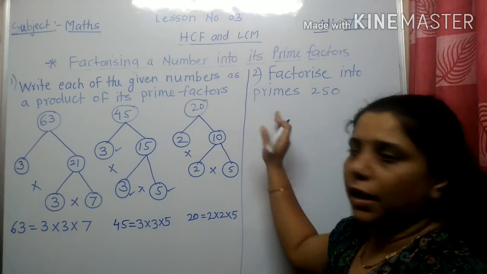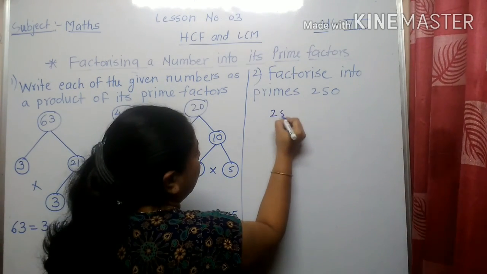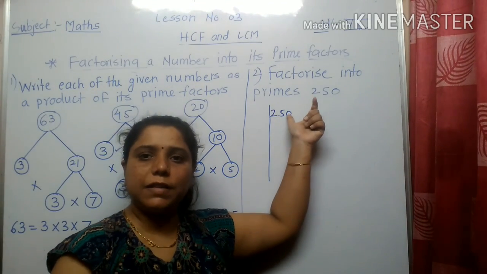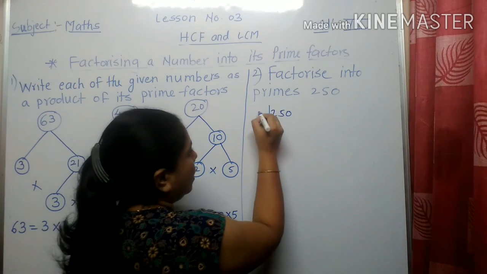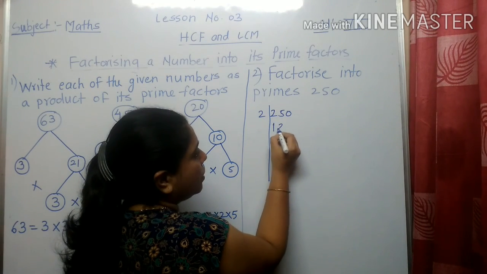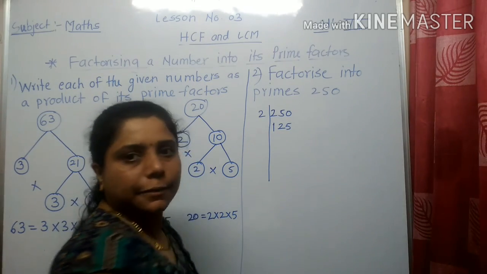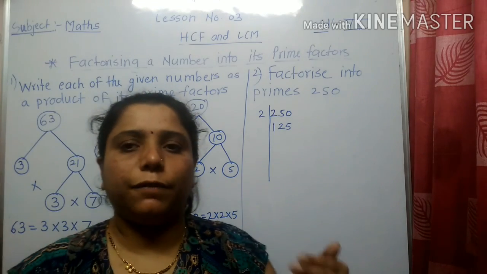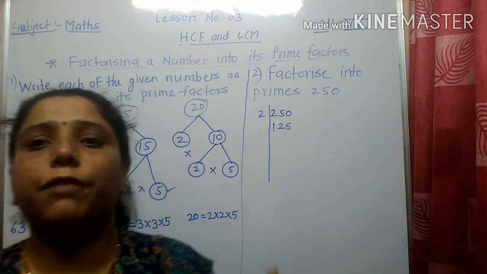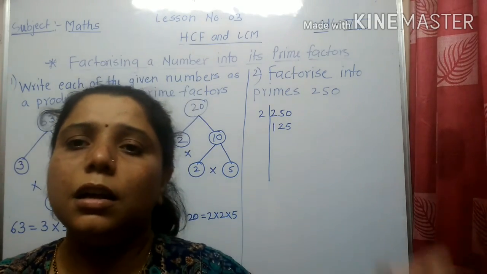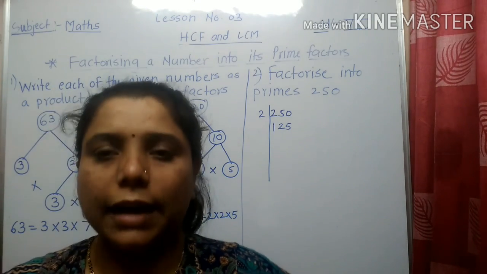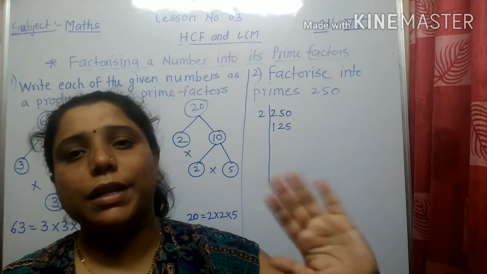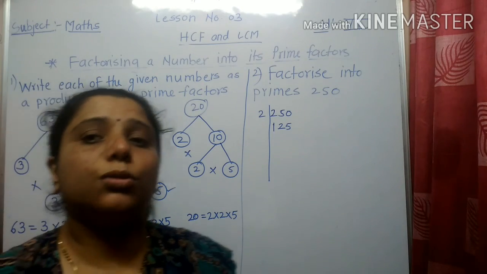First, I will show the vertical arrangement. Now how to factorize? Just see. 250. I will start with, is 250 divisible by 2? Yes. So I will write 2. 2 1s are 2, 2 2s are 4, 2 5s are 10. Now 125. Now in 125, in the unit place 5 is there. For finding the factors, you can use the different divisibility tests you discussed in the previous standard. Use that concept also over here. Since in the unit place 5 is there, 125 is not divisible by 2. Then I will go to the next prime number.